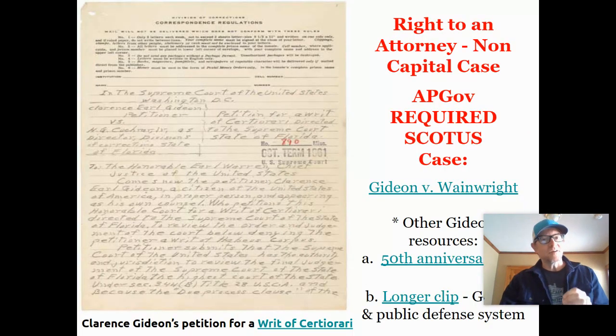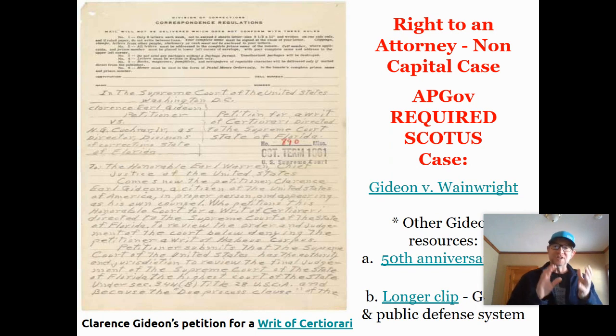Clarence did not give up. Using prison stationery, he wrote a petition for a writ of certiorari to the Supreme Court, and they granted the writ, and they heard his case. And the court basically came to the conclusion,